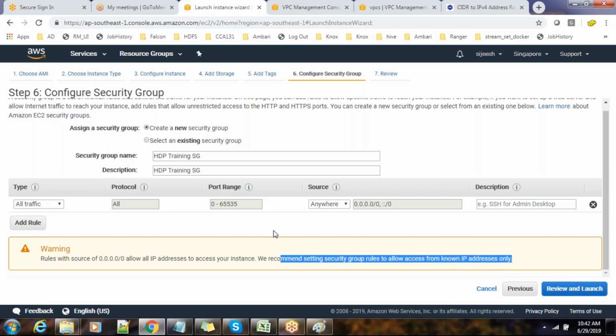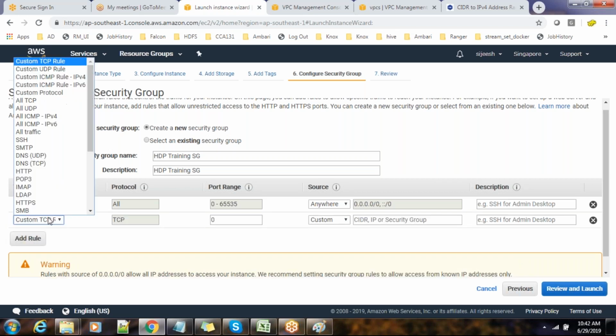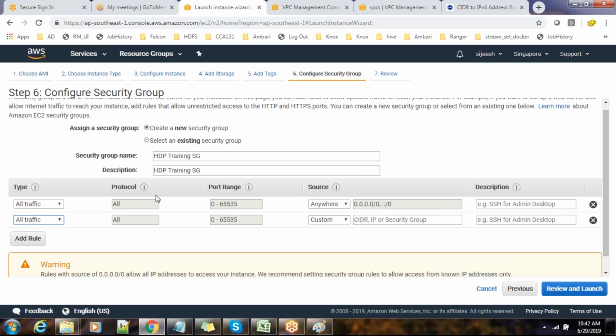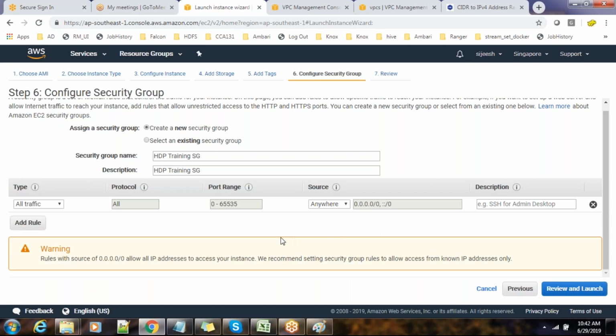See, this is a security warning, but still we can have it. In our case, we are just doing it in a testing environment. If I add my IP, it will let me connect from my machine, meaning my public IP will be added here. So no one else will be able to connect to these VMs. So I'm just removing that and giving complete open access. We can say this is kind of wide open access. Then review and launch.